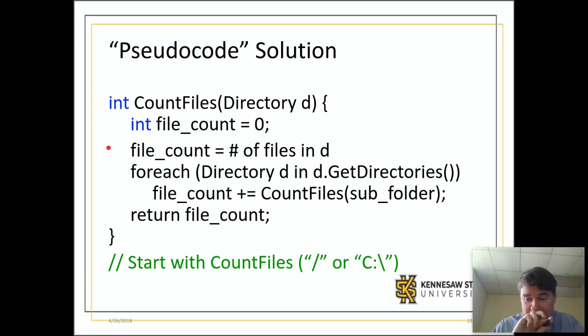Then we need to see, are there any subdirectories in there, and for each one of those, we're going to make a recursive call. So this was something that I had mentioned earlier. You're going to sometimes see a loop, and inside the loop,